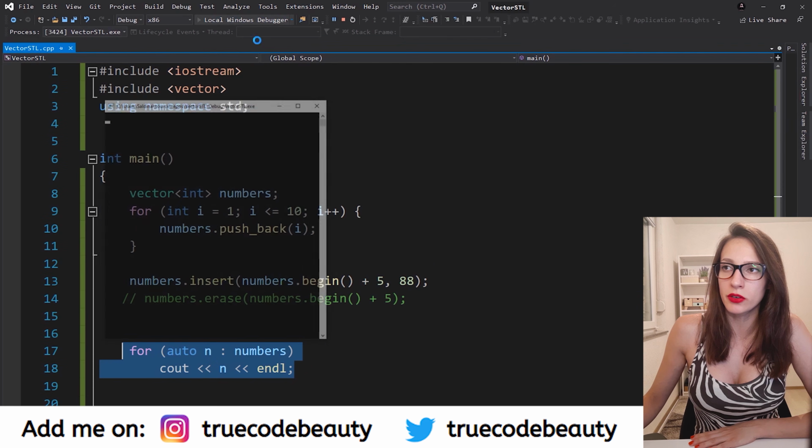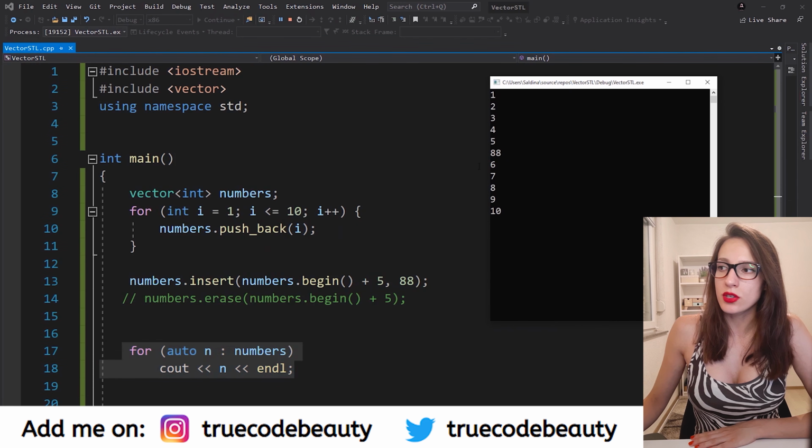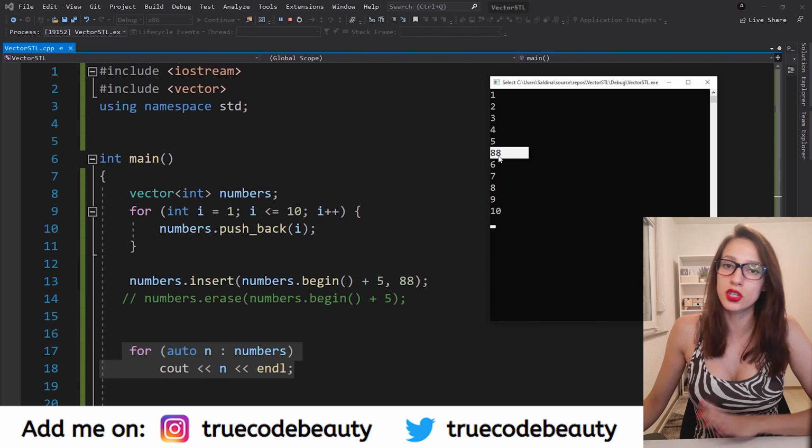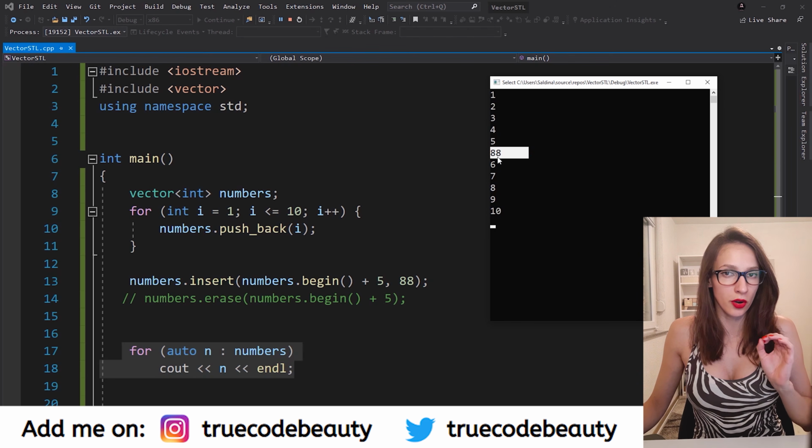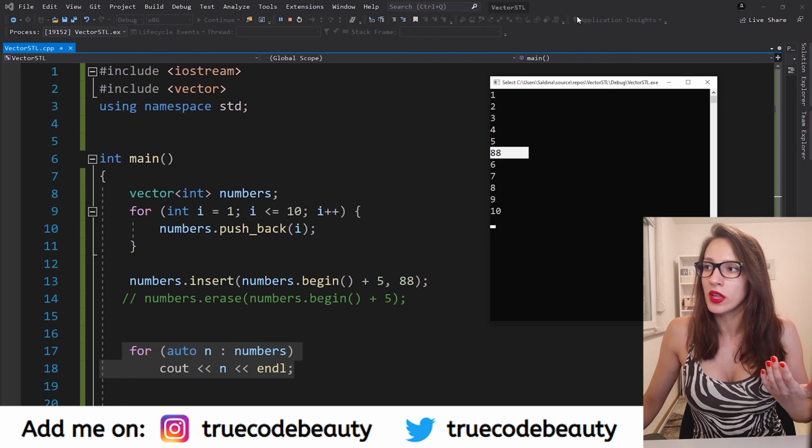So let's see what is going to be the result. Okay, so as you can see, the number 88 appears at position 5. So again, the indexation of vectors starts at 0, the same as arrays. So this is element 0, element 1, 2, 3, 4, and then element 5, which has this value that we